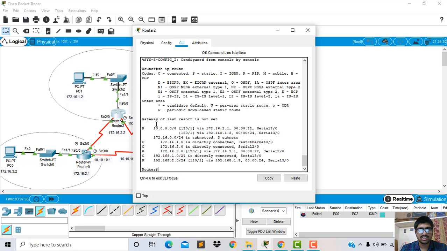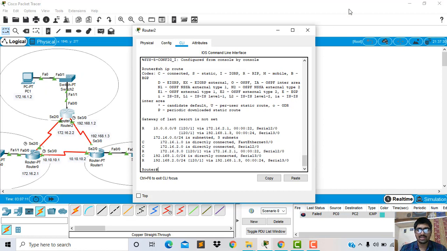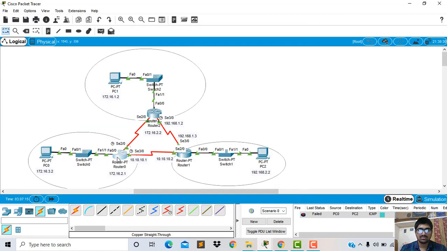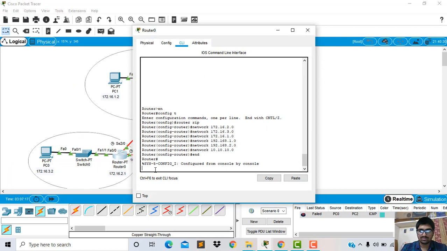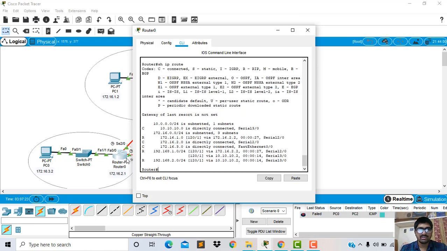Here we can see we can get the information from LAN 1 and LAN 3. Show ip route, and we can access the information from LAN 2 and LAN 3.